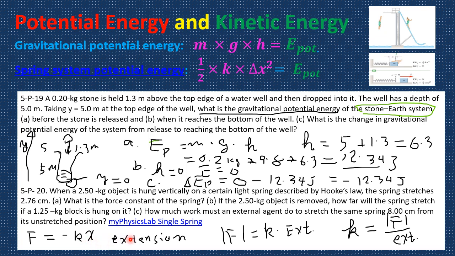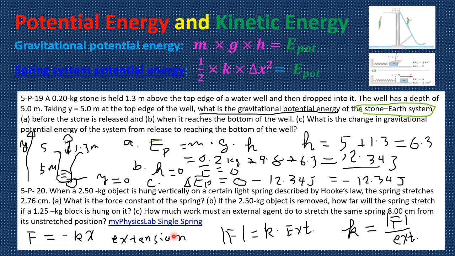After all, it's how much the spring is stretched longer, and a negative sign times the spring constant. The negative sign means the force is in the opposite direction of the extension. So if you stretch it to the left, the spring force is to the positive, and if you stretch it to the right, then the force would be negative, to the left. So that's what the negative sign means.